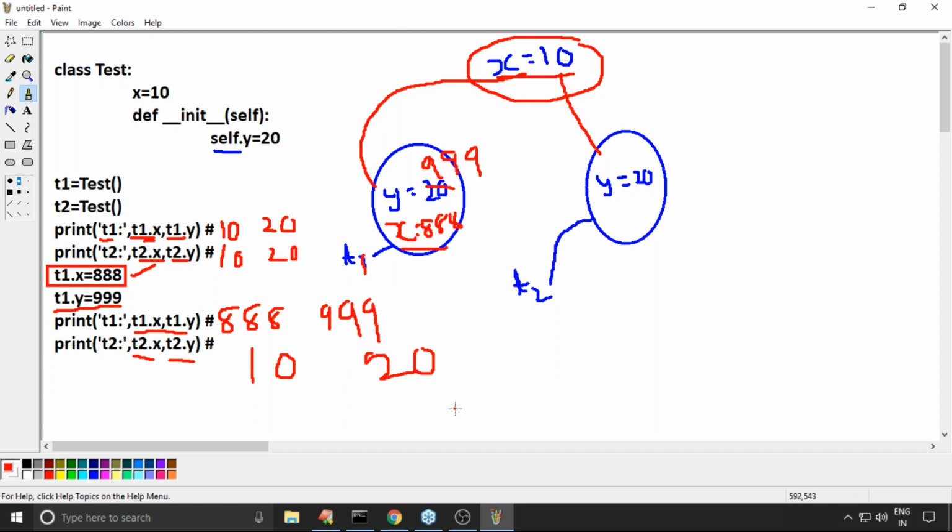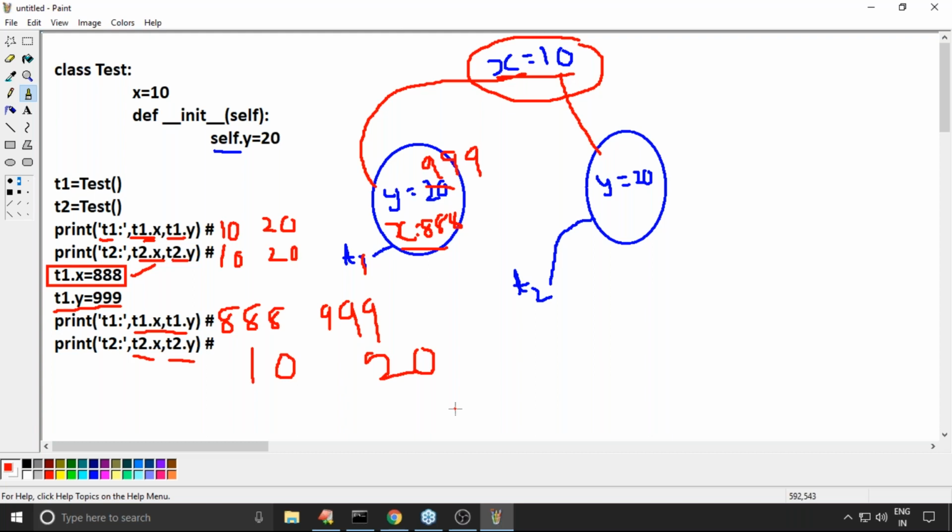Feeling comfortable? Internally, what is happening? Observe that. Okay, don't get confused. Yes, Amit.